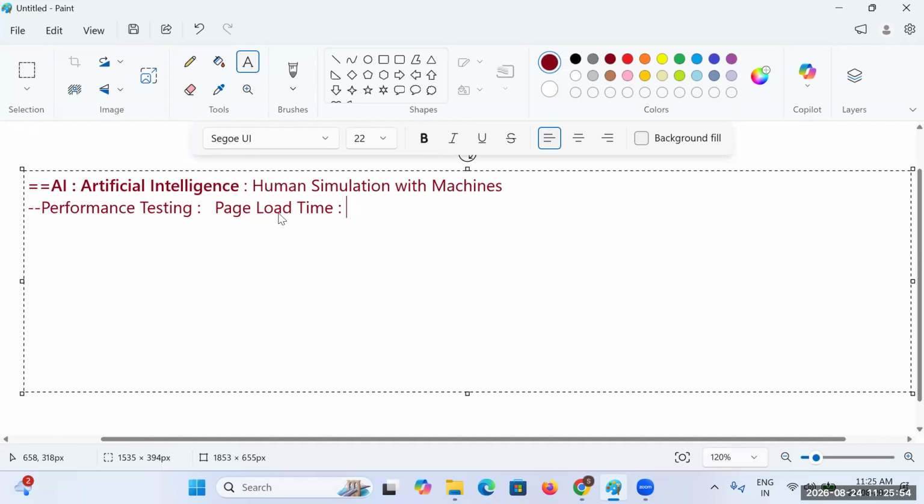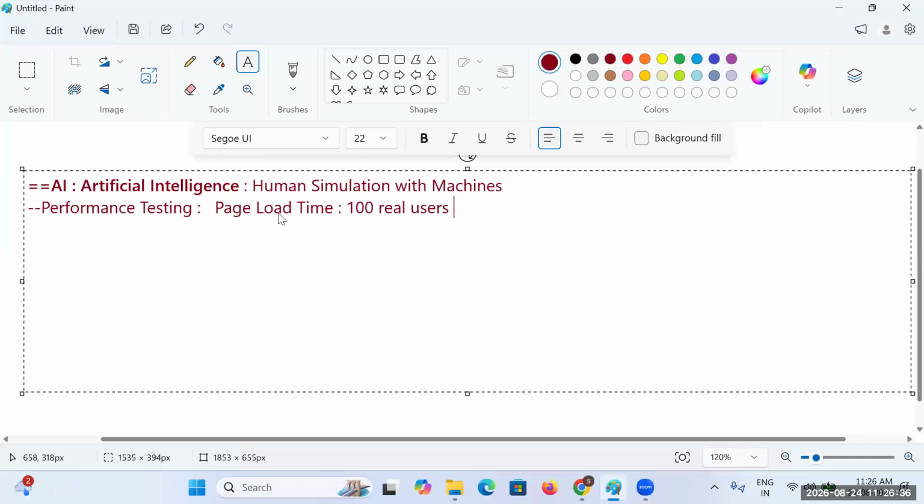Now, assume that for performance testing you need that many hundreds of real users. Is it possible at the time of testing? You want to test your application and see how it performs with 1,000 users.